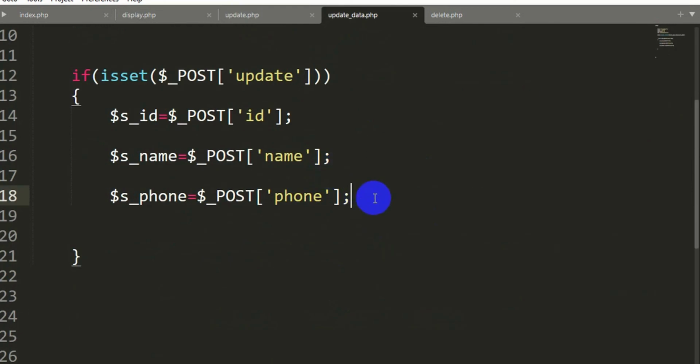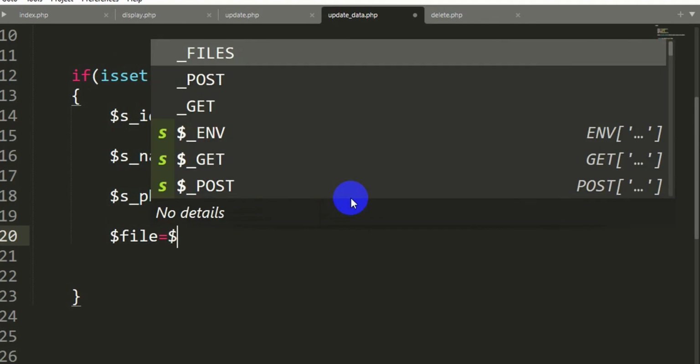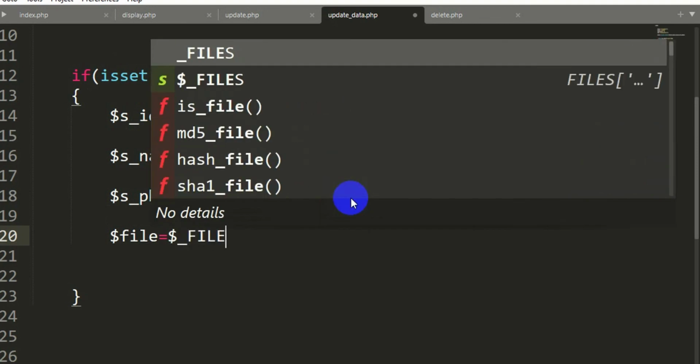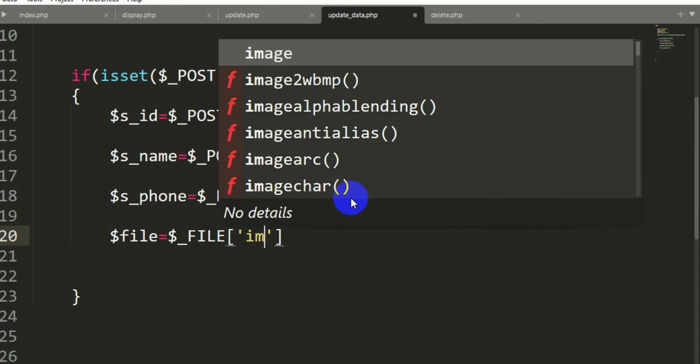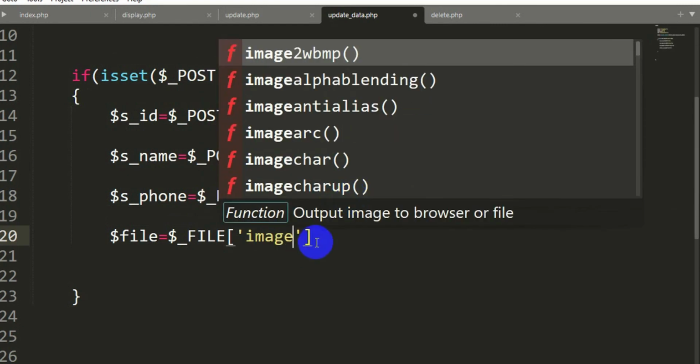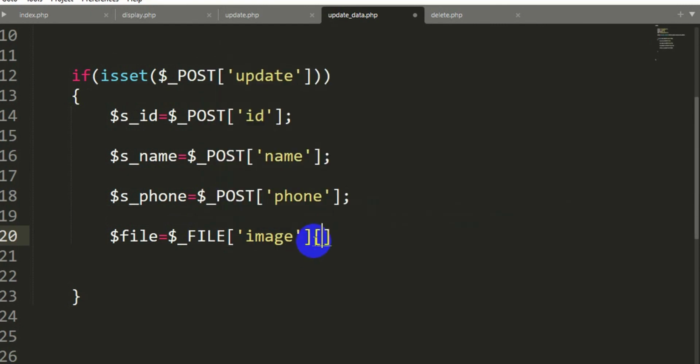Now we also require to get the image. For image we actually need to write it a little bit different. So over here let me just say $file is equal to $_FILE, and we'll give a third bracket, and inside this bracket we are going to say image, and we'll give another bracket, and here we are going to say name.